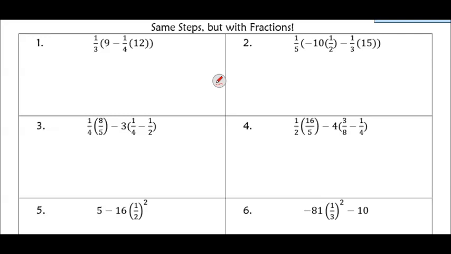All right, here we're going to be talking about order of operations while we're using fractions. If you're not comfortable using fractions, you can change these into decimals. Actually, that's really what a fraction is. It's just a division problem that changes it into a decimal. I'd be really careful about that, like just changing everything into a decimal in the beginning, because especially